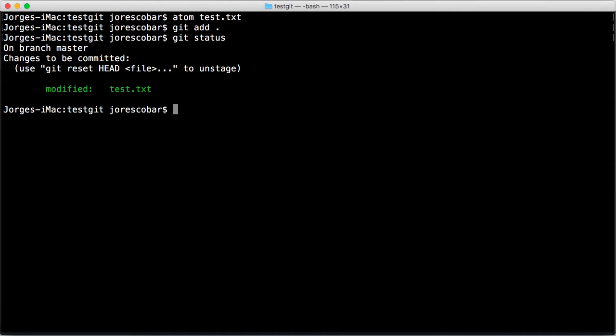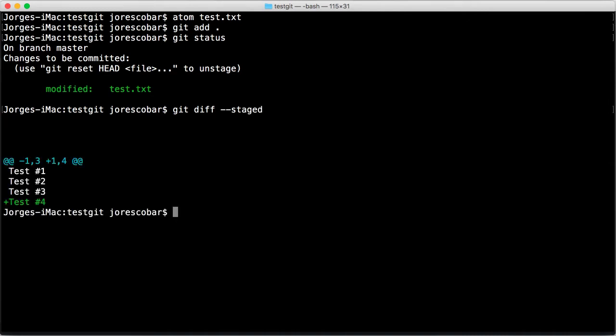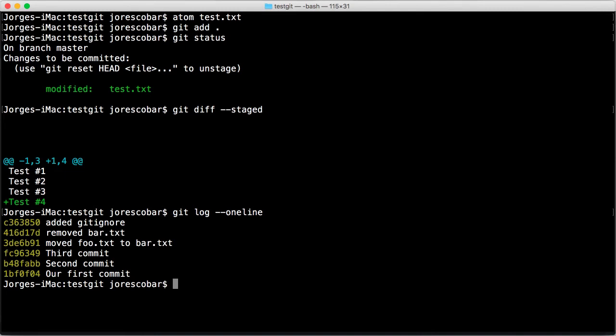Now we can see the changes that have been staged so far by typing git diff --staged. You can ignore some of the information here, but as you can see in green letters, Git is telling us that the line "test number 4" was added. We can also see the changes from our last commit and, say, the commit where we removed bar.txt. Do a git log --oneline first to see the commit hashes. Then we can do the one we want by doing git diff